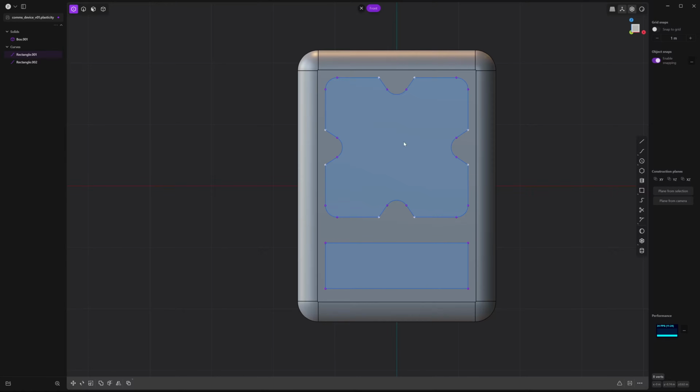Just want to see if everything needs the same rounding, and that might be the case. Yeah, so everything does have a 0.19 rounding across. And let's repeat that for this bottom rectangle here. So press B and D,